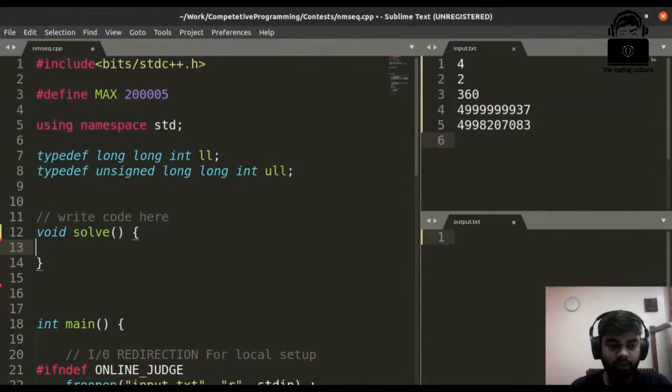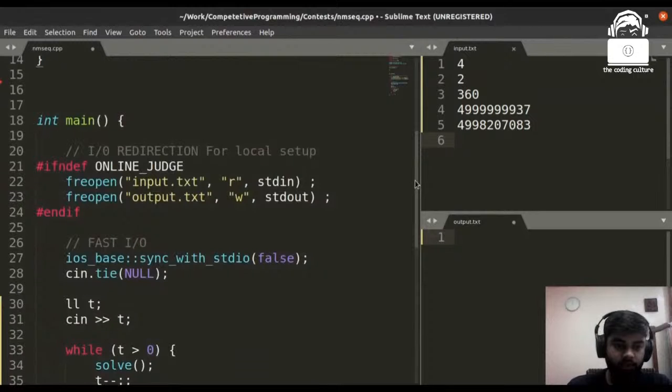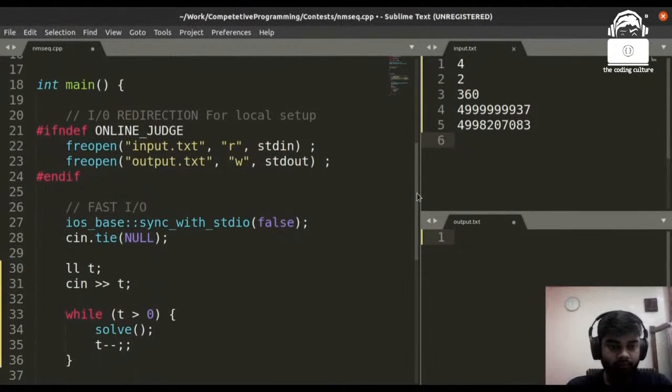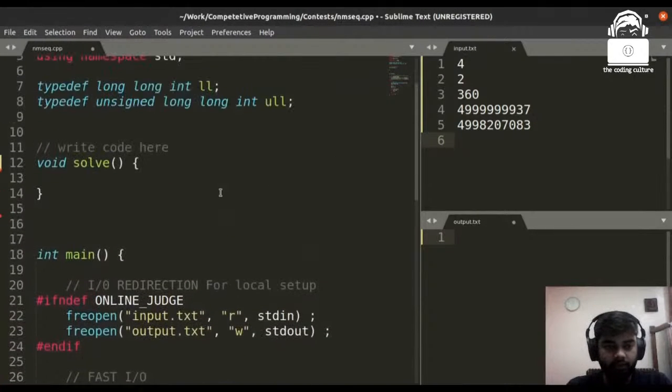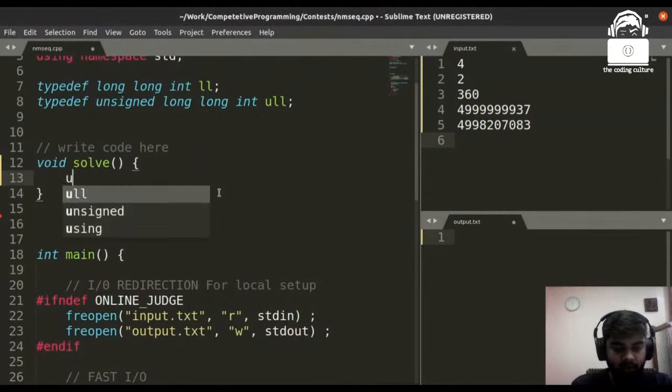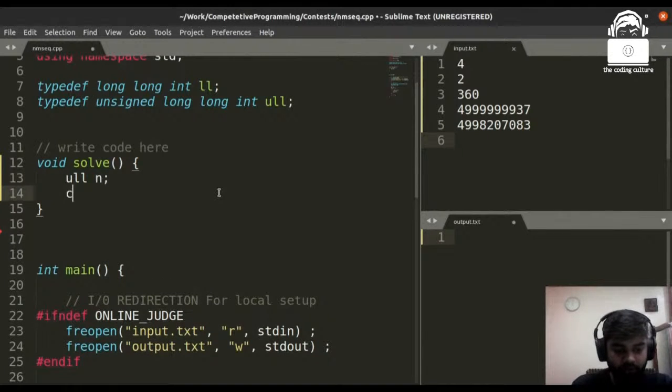So now let's start coding for the given problem. As I have said earlier, I have used input output redirection to easily check the test cases, and fast IO for easy computation on online judges, and I handle the input test cases. For each test case, we are going to call the solve function, where we will be handling all test cases. For each test case, we will be given an input of just one value, that is n. So let's take input